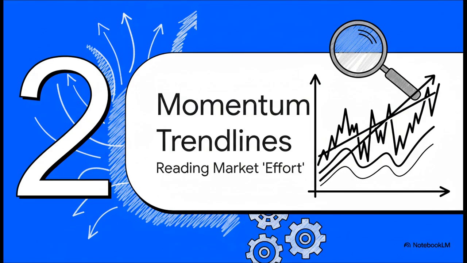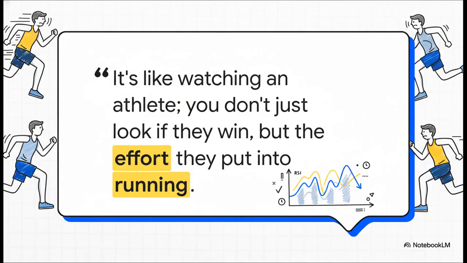Okay, so we know a 30-period RSI gives us a cleaner signal, but how do we actually use it? Well, this is the core technique. We're going to draw trend lines directly on the RSI itself. This lets us peek behind the curtain and see the effort behind a price move, not just the move itself. Think of it like this. When you're watching a great athlete, you don't just see if they win or lose. You see how they're running. Are they getting tired? Are they slowing down? Or are they finding a second wind? That simple trend line on the RSI tells us the exact same story about the market's momentum, and it often tells us before the price chart gives anything away.